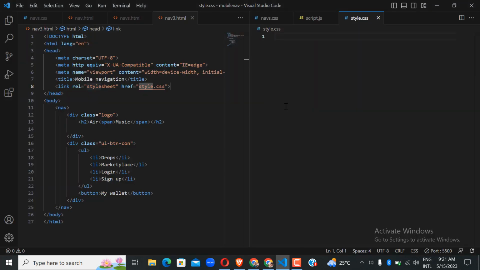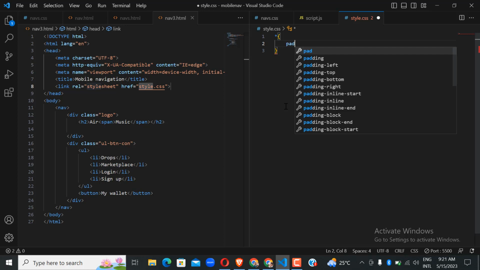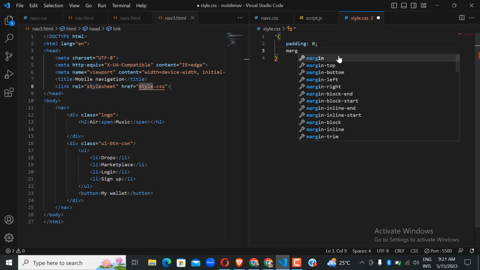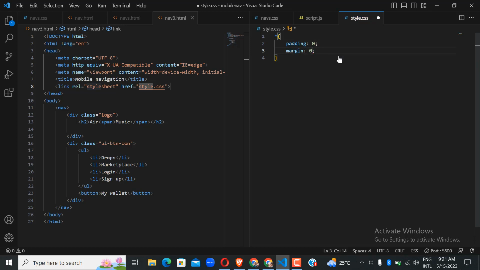Now let's select every element on our web page. How can we do that? We can do that by clicking shift and then this star icon. Now create CSS properties. So let's say padding 0, margin 0, box sizing,